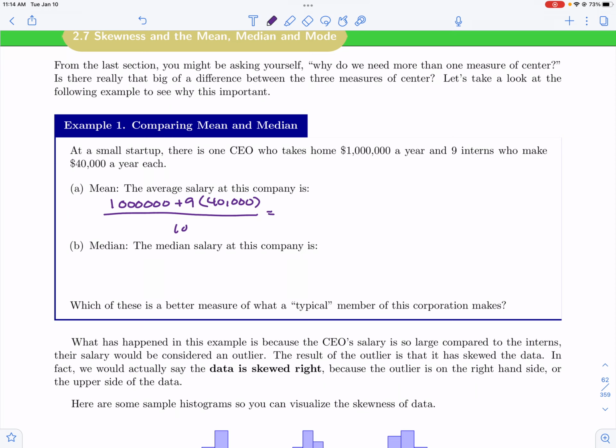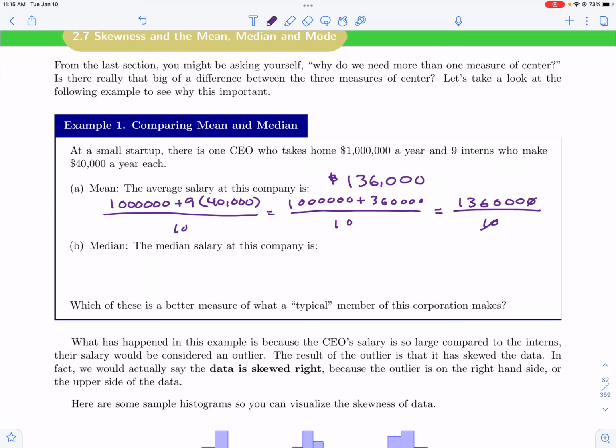10. And so this is going to give us 360,000, plus the million, so 1,360,000 all over 10. When we divide by 10, that basically eliminates one of these zeros. So this tells us that the average salary of this company is going to be